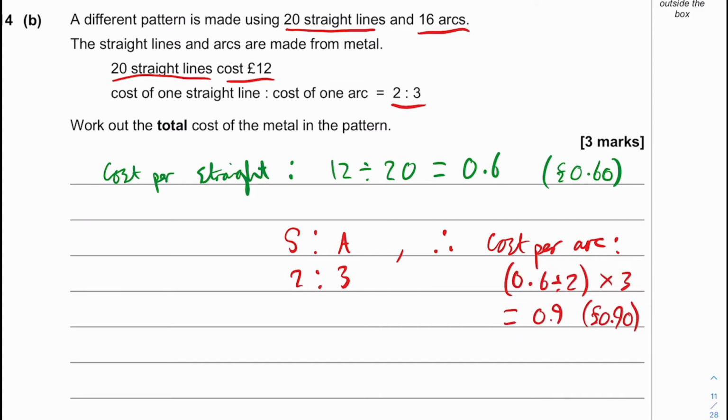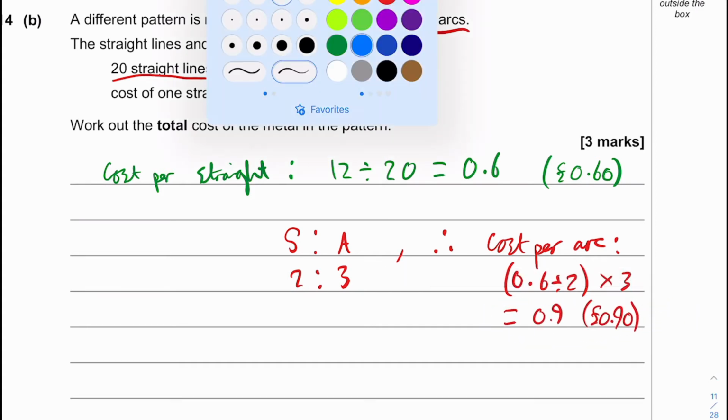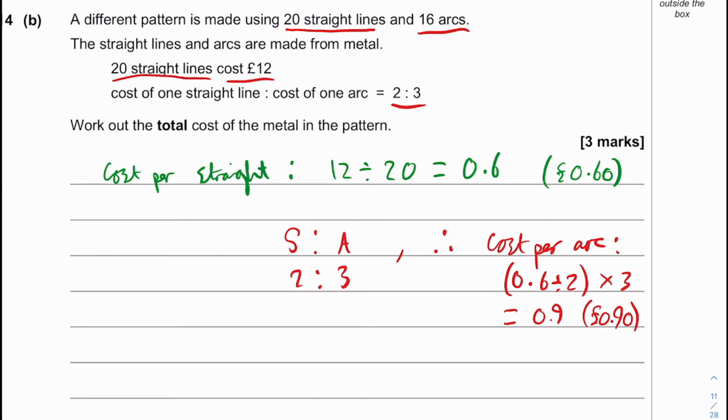Okay, so now we've got the cost per arc and per straight, so the only thing left to do is multiply our two values for cost by the 20 straight lines and 16 arcs, so total cost, and then we've got 20 straight lines, and that is at a cost of 60p, so times 0.6, and then we add on our 16 arcs at a cost of 90p,